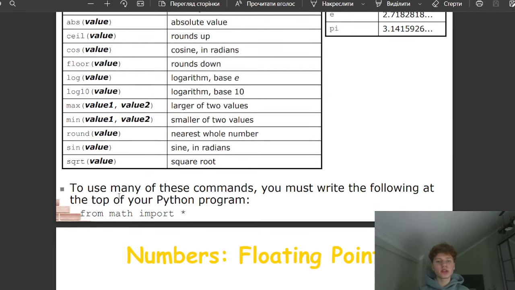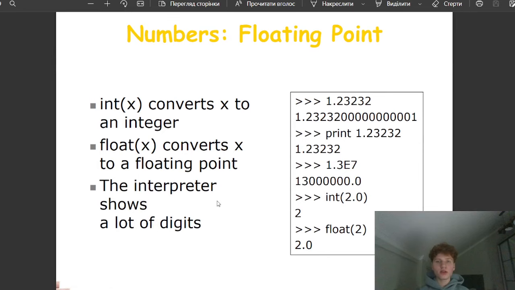To use many of these commands, you must write the following at the top of your Python program: from math import *. float(number) converts a number to floating point, and int(number) converts it to an integer. float(x) converts x to a floating point. The interpreter shows a lot of digits. For example,